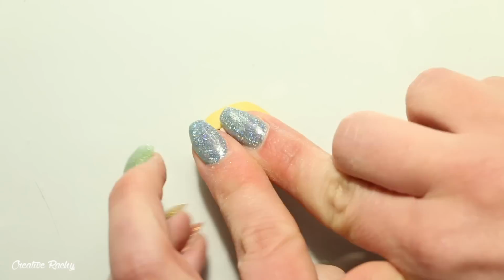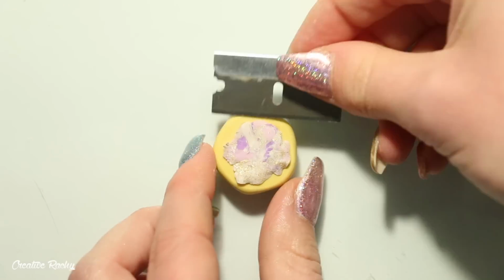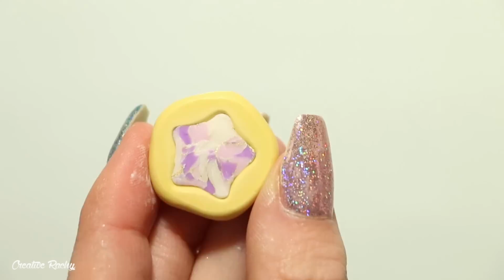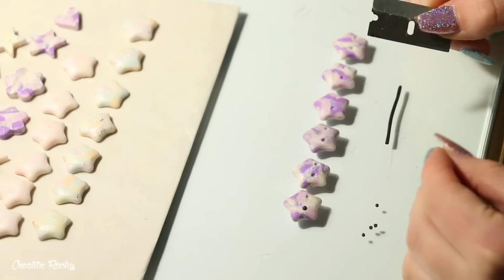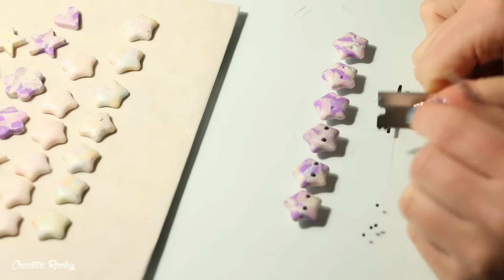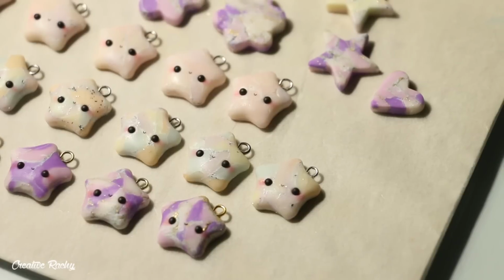And I thought I would do this for each color just so I didn't waste any clay. And I wasn't really too worried about what the clay would look like inside the mold. I was really just going for it and pressing it all in there. So I've surprisingly ended up with some really pretty swirls of color. And then of course, once I made all my stars, and honestly the excess clay made a lot of stars, I'm then going ahead and adding some little kawaii faces